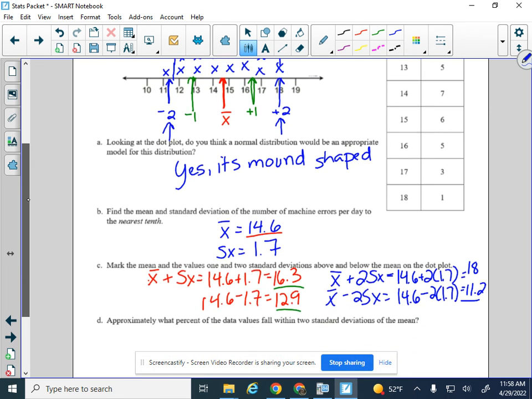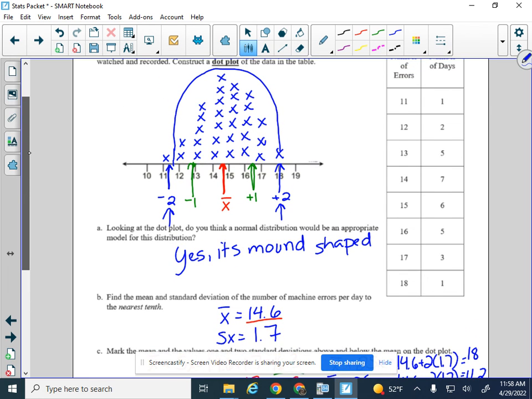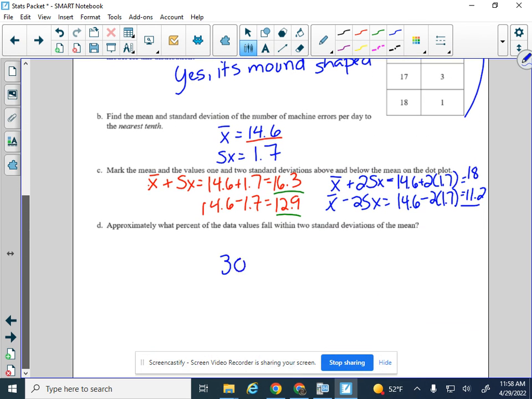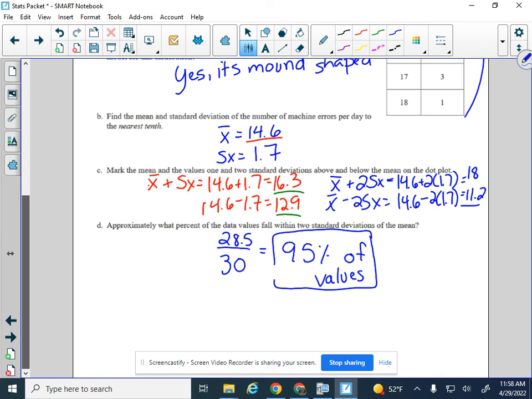So really, we have a total of 30 dots. The frequencies add up to 30. I'm including all the dots except for the one at 11, and half of the one that's cut in half. So that's 28.5 out of 30. And that comes out to about 95% of the values. So 95% of the values fall within 2 standard deviations of the